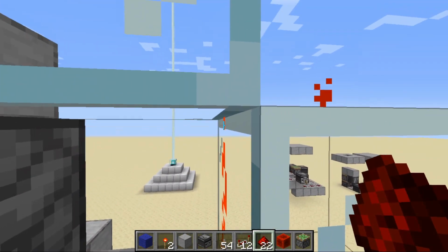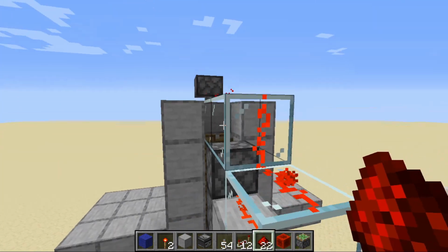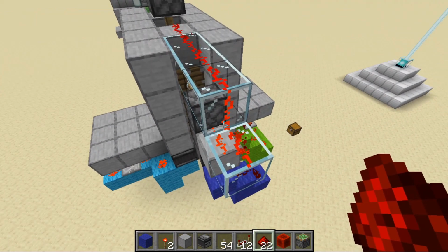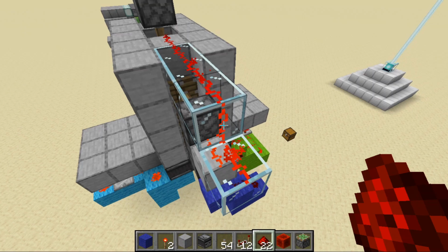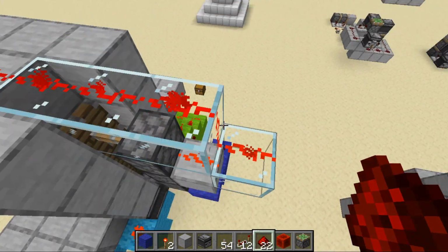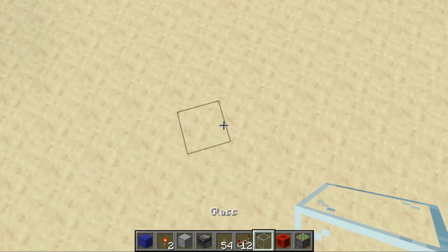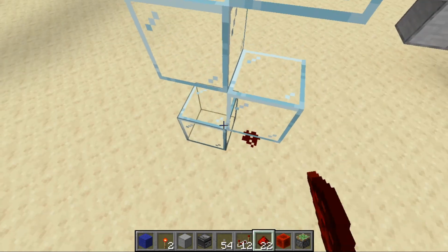The redstone can still travel up and through the glass because it is not a full block. I believe you can do this with also some light sources that are not full blocks. And so this is an easy way to make like a pillar of redstone. So you can just go like, if I grab the dust, you can see